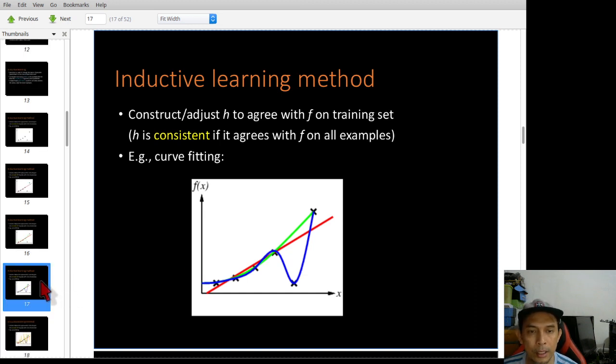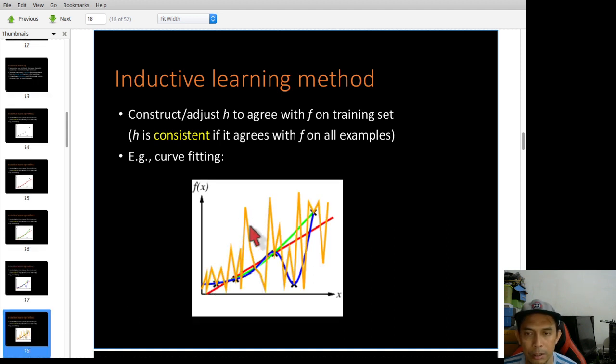Okay, so let's see one example. This is the orange line. As you can see here, this orange line is also able to accurately plot all data points here. So if you compare the blue and the orange line, these two are actually able to plot the data correctly.